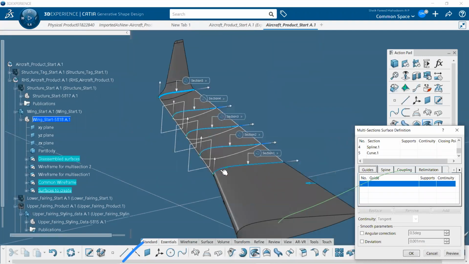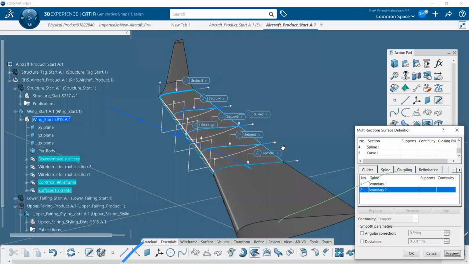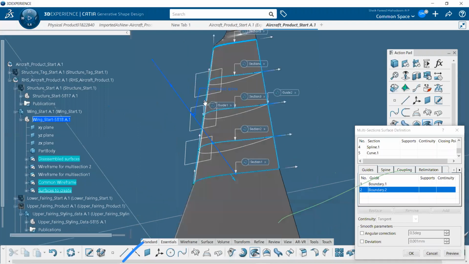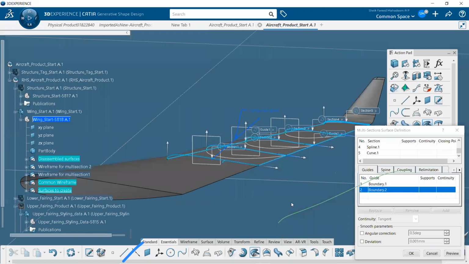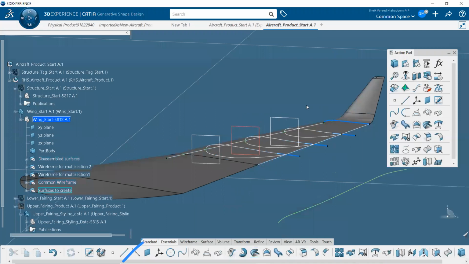On the guide, select boundary number 1 and select boundary number 2. In preview, you can see the profile is perfectly created with respect to the boundary. Okay, then click OK. Now the multi-section is over.